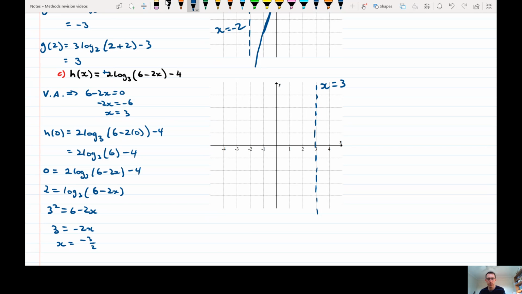So negative 3 on 2 is there, which means this logarithm 2 log base 3 of 6 minus 4 is down here somewhere. That'll be a long way down. But to help with some accuracy, I want to get some more coordinates because I don't know what the value of this thing is. I know it's going to be somewhere between -1 and 0, I reckon, but why don't we try to find some values that when we put them into here are going to give us a nice base that we can